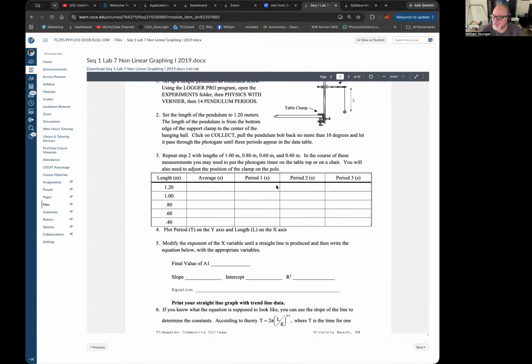Once you've got all that stuff in, you've answered all those questions, and you've made sure all your fonts are not black and type text and so on and so forth, you're going to save this Word document with maybe your first initial and your last name in the title of the document, as well as Lab 6 or nonlinear graphing, NLG, or something like that. And then once you've saved that Word document with your name and the lab name in it, you're going to save it as a PDF, and